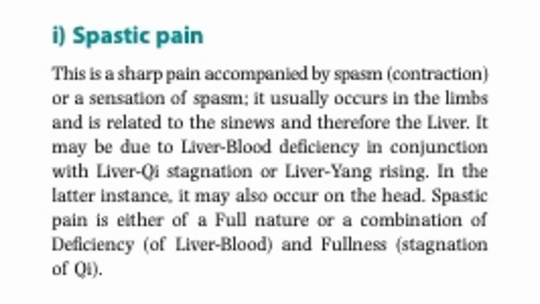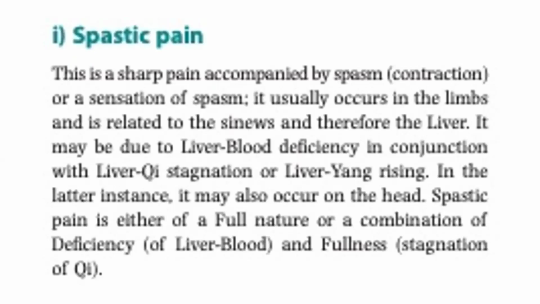The third is spastic pain. This is a sharp pain accompanied by spasm, meaning contraction, or a sensation of spasm. It usually occurs in the limbs and is related to the sinews and therefore the liver. It may be due to liver blood deficiency in conjunction with liver qi stagnation or liver yang rising. In the latter instance, it may also occur in the head. Spastic pain is either of a full nature or a combination of deficiency of liver blood and fullness, the stagnation